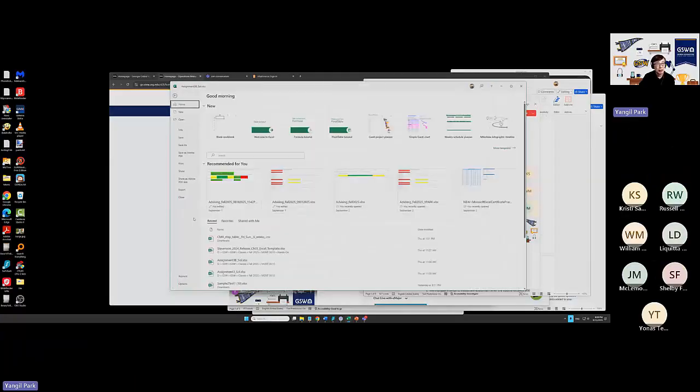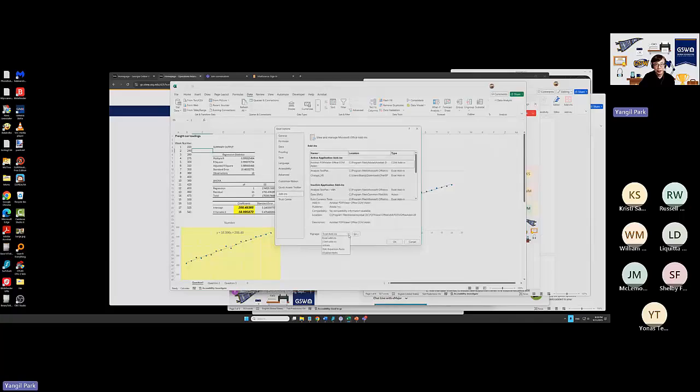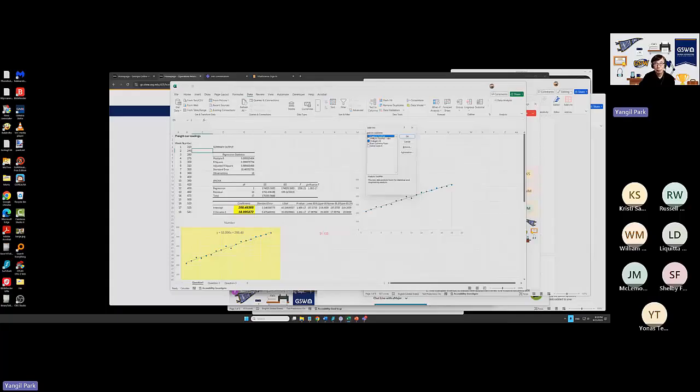To insert the Data Analysis ToolPak, you go to File, Options, Add-ins, then right here in the Add-ins box, click Go so that you can pick up whatever add-ins you want. Then you're going to click OK. Then it'll put it into this